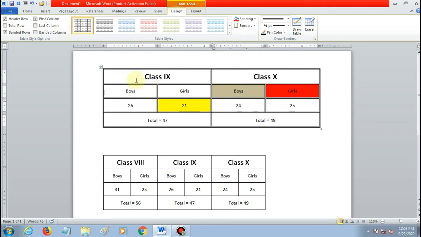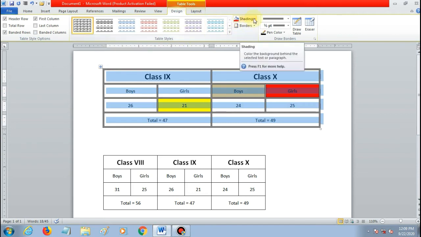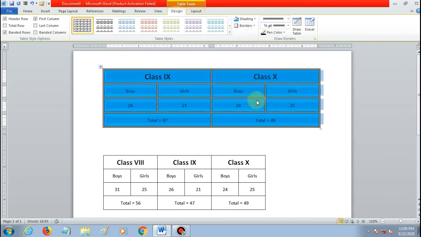If you want to give a color to an entire table, then select the table from here and go to the shading options in the design tab, then select the color which you want to give. So in this way you can give color to your table or cells.